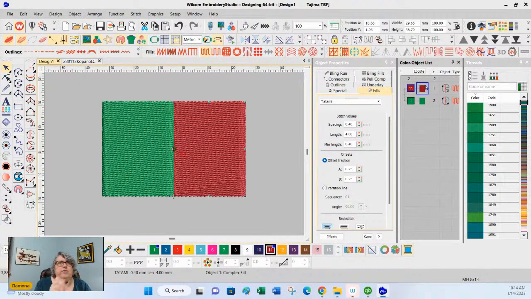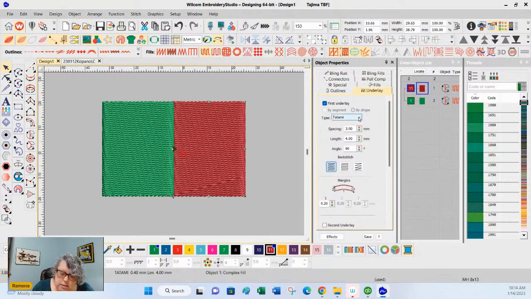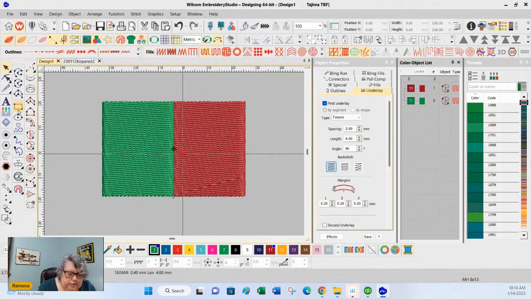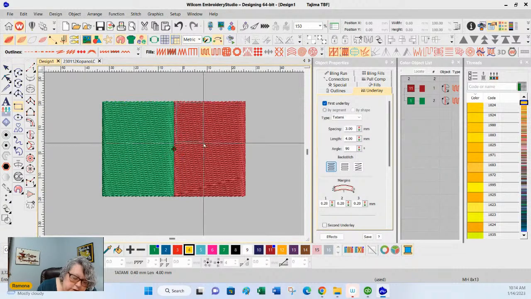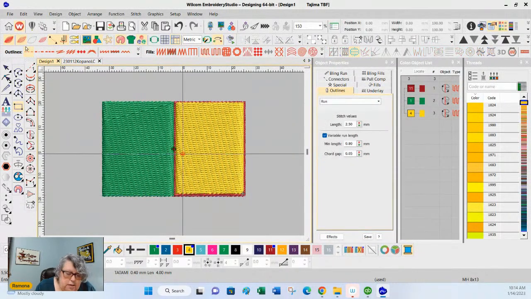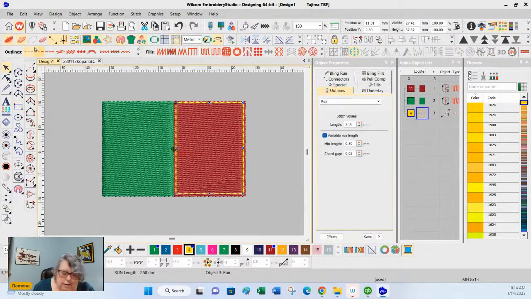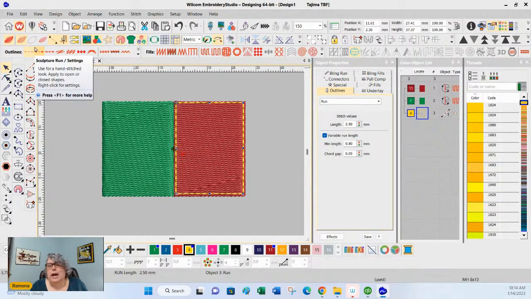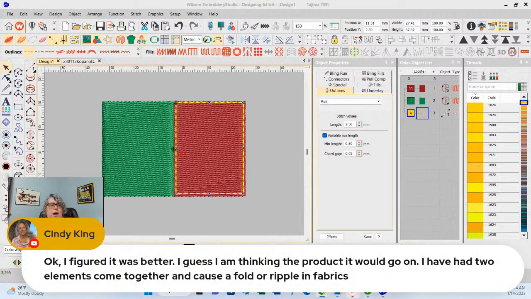An underlay, for example, an edge run underlay, which just runs the outer edge. Okay, we can talk about that, Cindy.